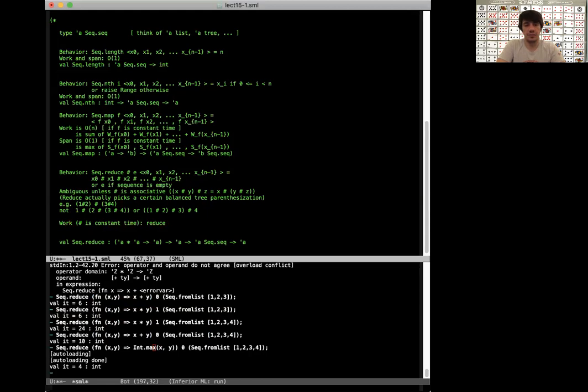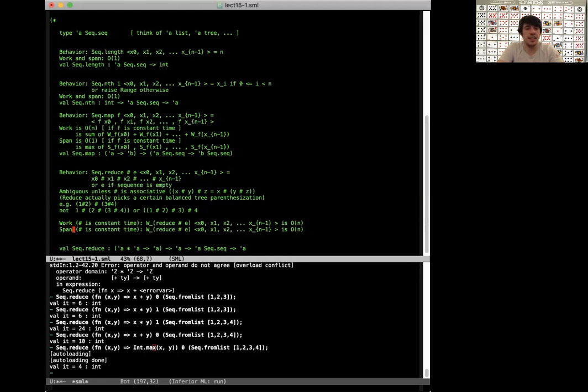Then reduce sharp with some base case on a sequence like this is going to be linear time. Just like if you had written it in a list or written it for a tree explicitly, it's going to be like that. And the span,